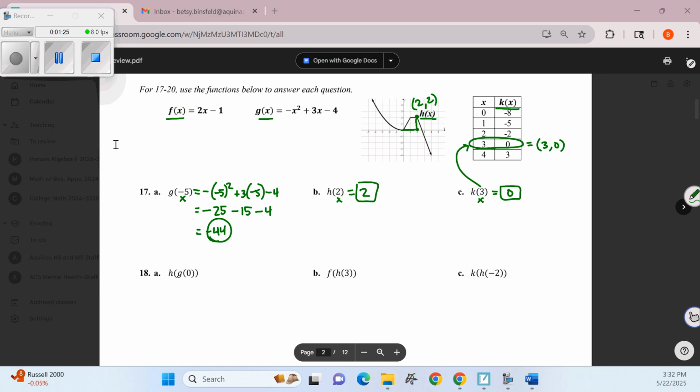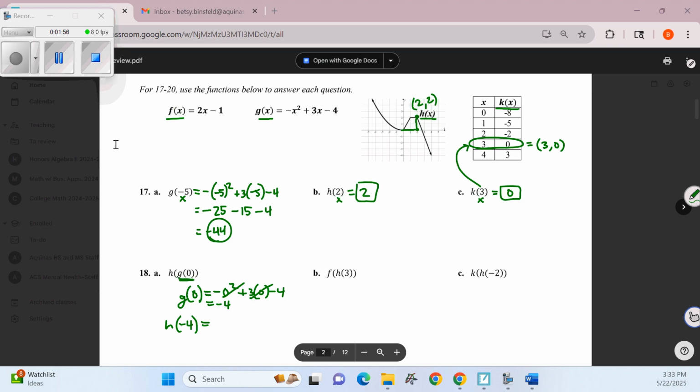Next one down, this is our composition of functions, H of G of 0. So we would start with the inside first. So let's find G of 0. So G of 0 is equal to -0 squared plus 3 times 0 minus 4. So those things go away. So G of 0 is just -4. So then we can literally replace G of 0 with -4 and say H of -4 is equal to,